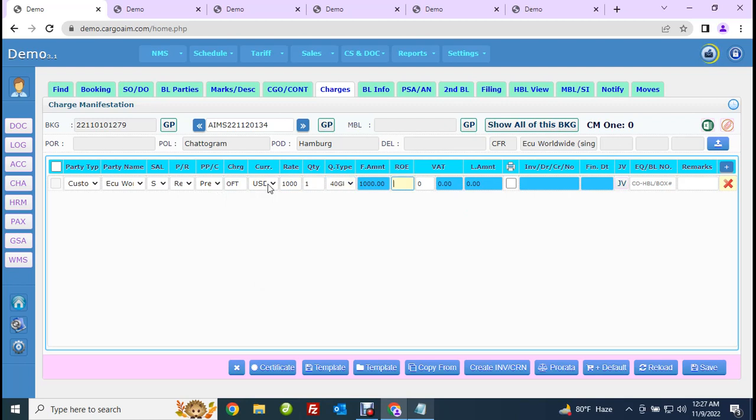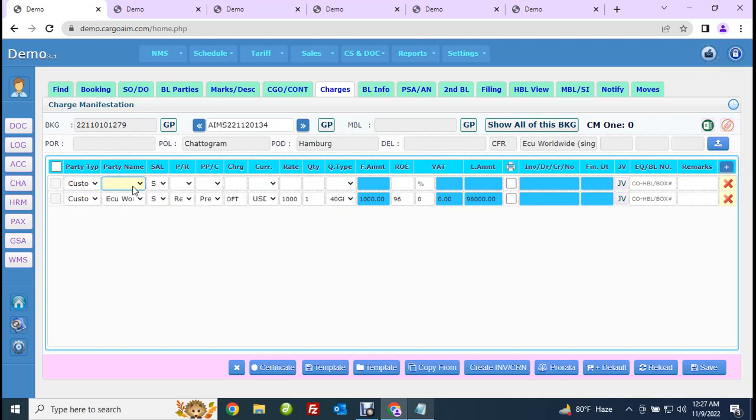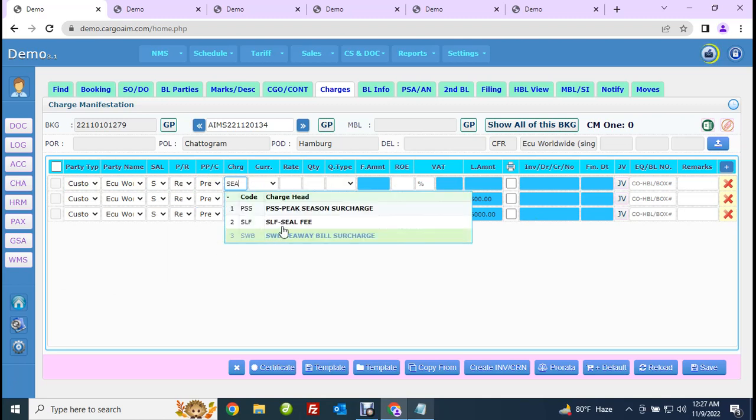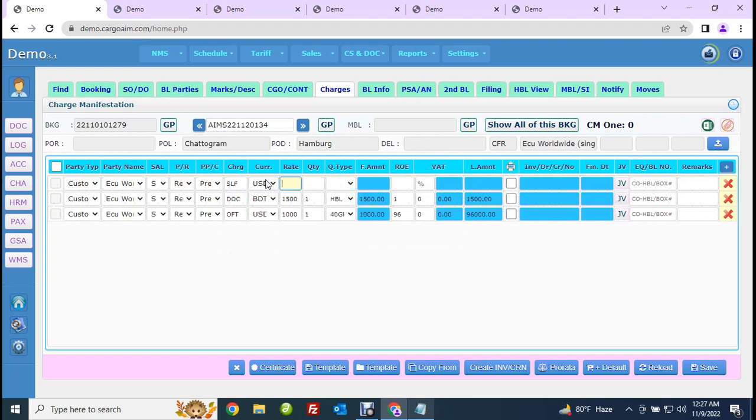1081, 40 HQ, for example, it's 95, 96 the exchange rate. Then customer again, there may be more and more heads. We are willing to do 2 or 3 heads, like documentation, maybe BDT 1500, quantity 1, it is per house bill, maybe exchange should be 1, this is local currency. So then customer, for the shipment for the same customer, it is receivable, prepaid, SCA,